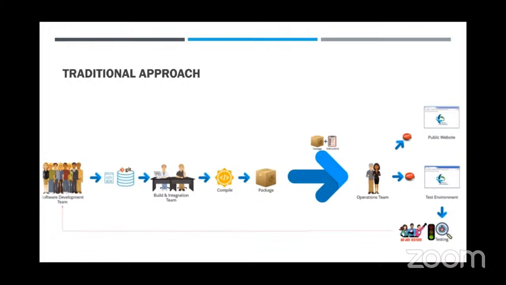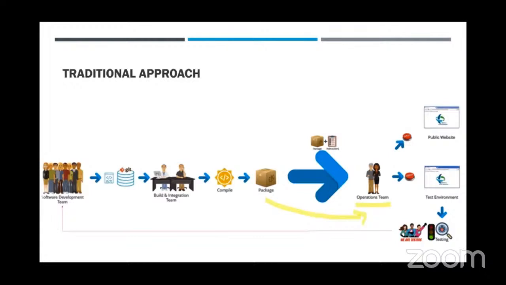once the package is ready, we inform the operations team and they take this package and firstly deploy it onto a test environment. And once it is deployed on the test environment, the testers come and test the functionality. They check if all of the functionality is working as per the business requirements, as well as that there are no bugs in the code. Once that is done, if the testers give a green light, we go ahead and publish the website onto production.